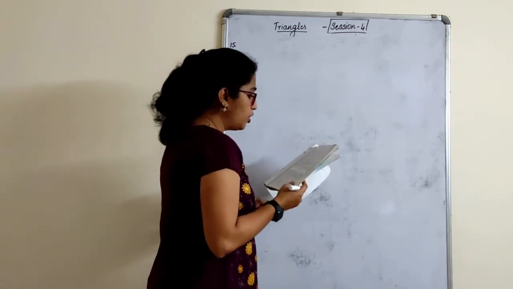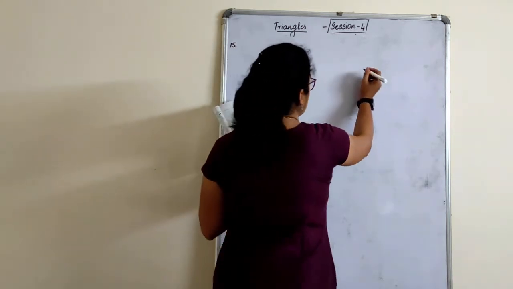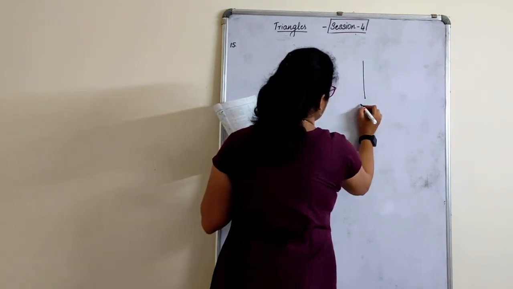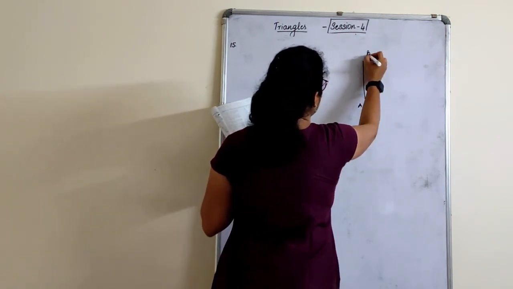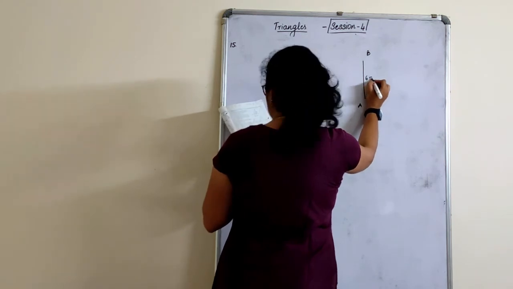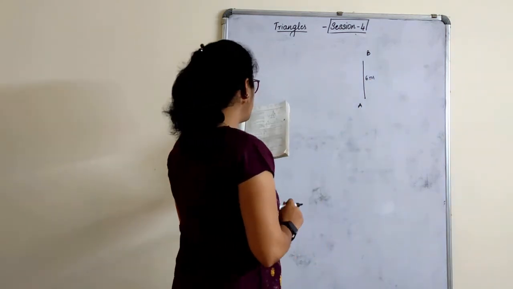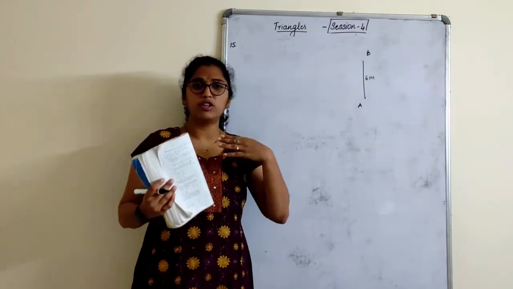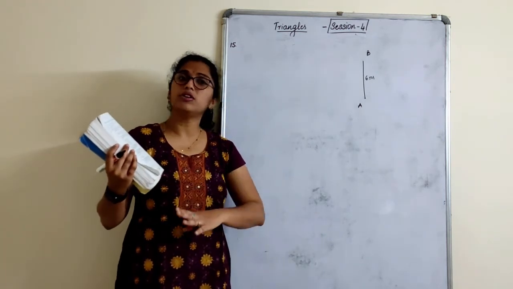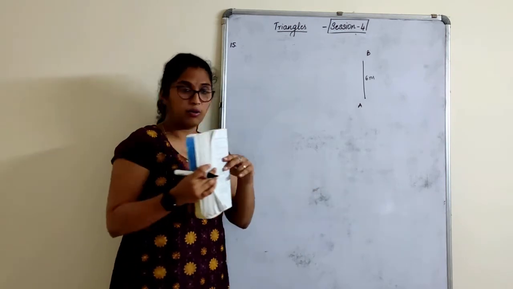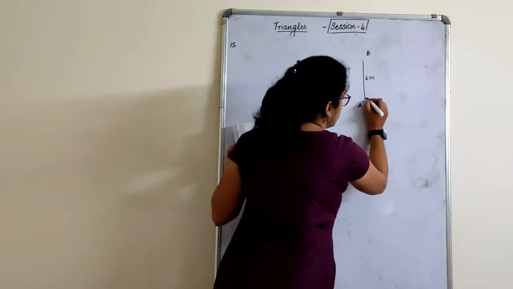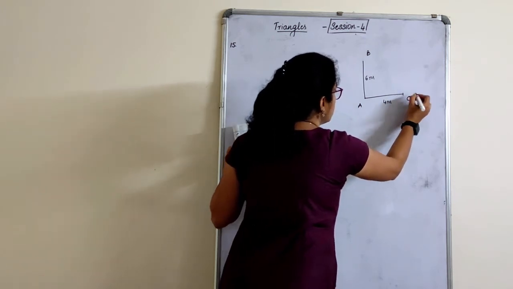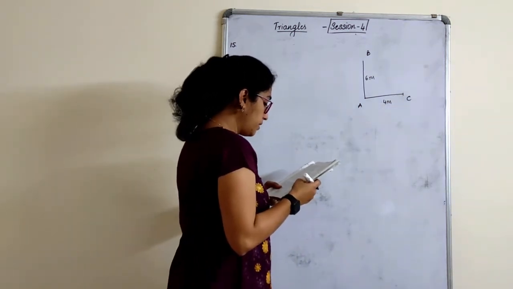A vertical pole of length 6 meter. So a vertical pole of length, this is a pole, let us imagine that. So understand that let AB is the pole which is of length 6 meter. Cast a shadow 4 meter long. Now you should know how the shadow is casted. Suppose, assume that when you are standing straight, how do you see your shadow? Always flat to the ground. So if this is the pole, this is always the shadow. So I'll use this as C, 4 meter.